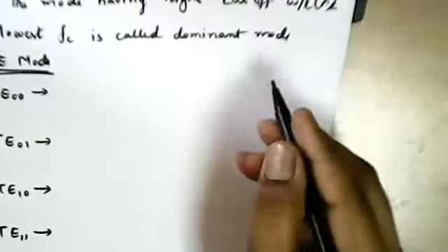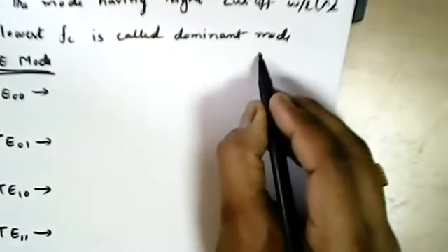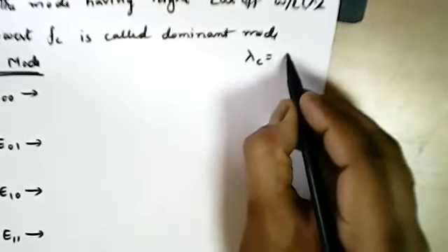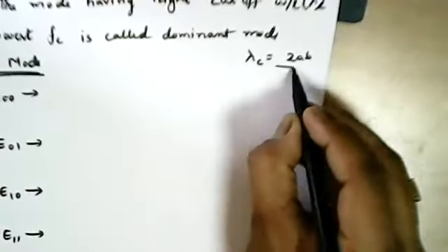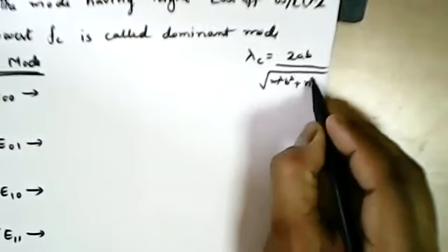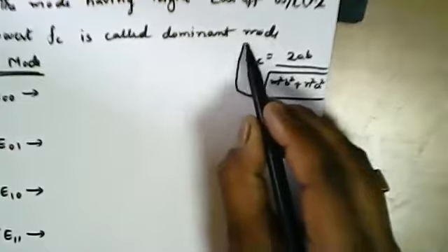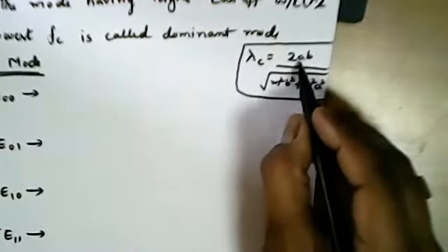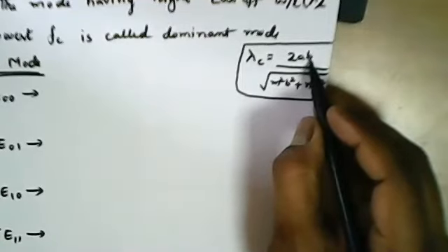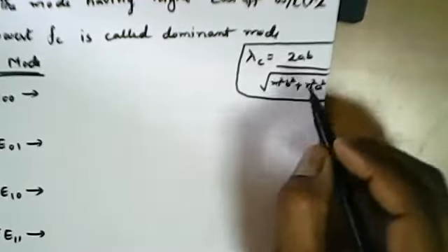So we have an expression for the cutoff wavelength. It is very important. As we have the cutoff frequency, we can convert that into a cutoff wavelength, which takes the value lambda c is equal to 2ab by square root of m square b square plus n square a square. Here a and b are the dimensions of the rectangular waveguide. a is the larger dimension, b is the smaller dimension, the height of the waveguide, and